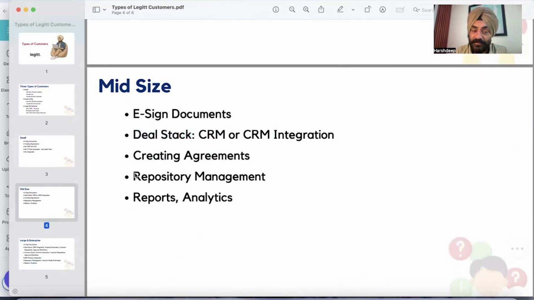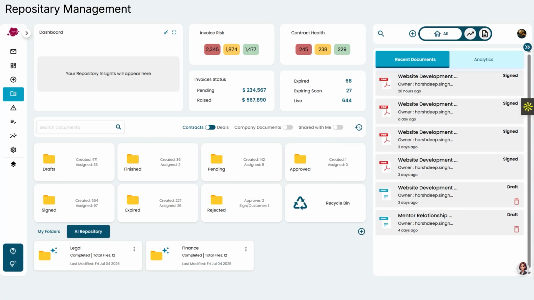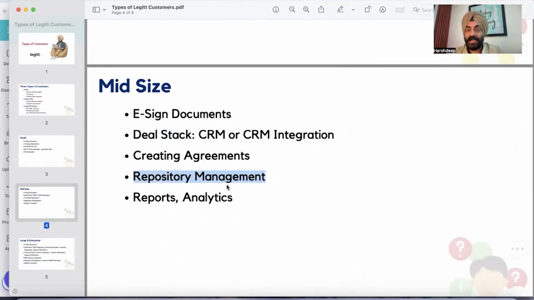Once they are signed, manage them in the repository, and on top of it, create a lot of actionable insights, in a single pipeline. So even if you have hundreds or thousands of contracts, you will get a single alerts pipeline, telling you in a chronological order what needs to be done next on what document.